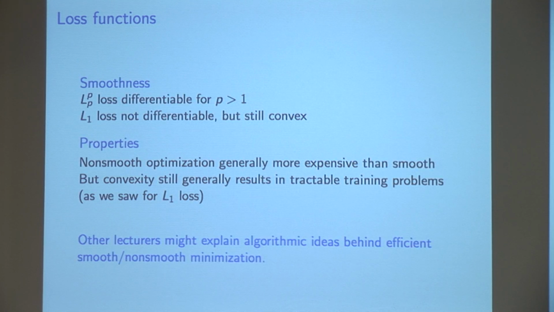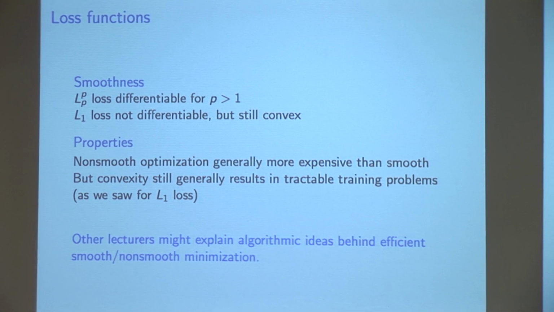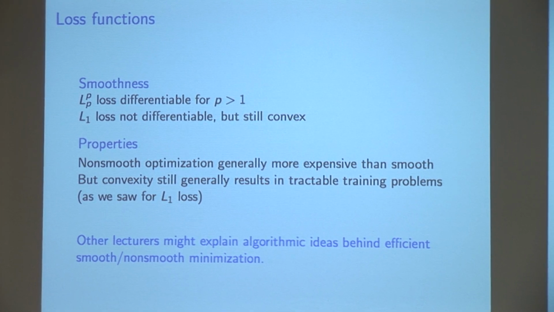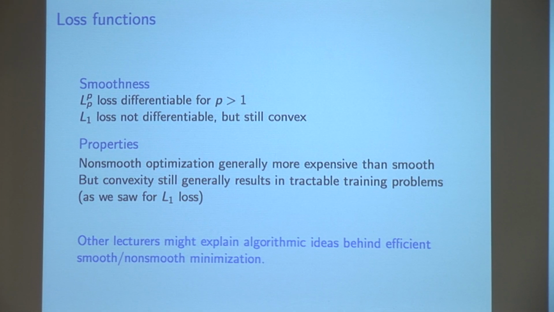Just some other background issue when picking a loss function is smoothness. So I'm not too fixated on smooth or non-smooth, but some people are. All of the, say, LP losses are going to be smooth, that is differentiable everywhere, for p strictly bigger than 1. And smooth is nice in an optimization setting, right? Because then you've got Newton's algorithm. And if the Hessian's too big, then you've got LBFGS, right? You've got superlinearly convergent, well understood, already coded algorithms for solving these problems, okay?